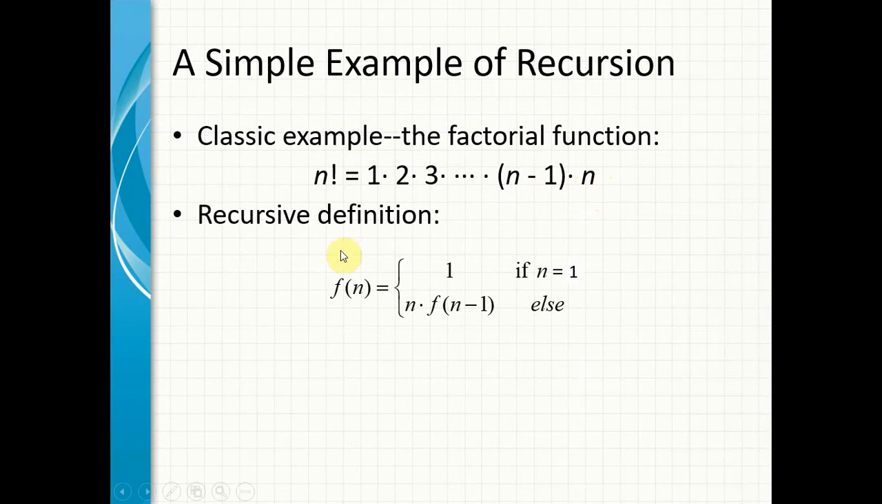So in a recursive definition, we would say like this: f(n) is equal to 1 if n equals 1, and else f(n) is equal to n times f(n minus 1). So if we put it as a